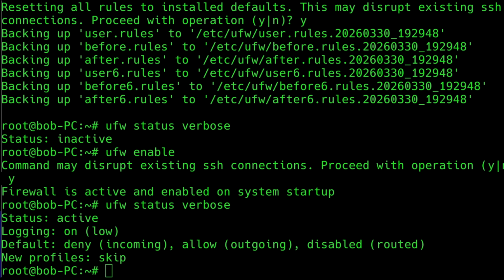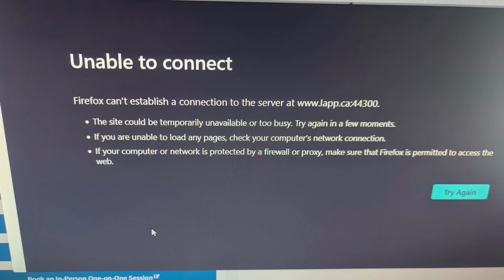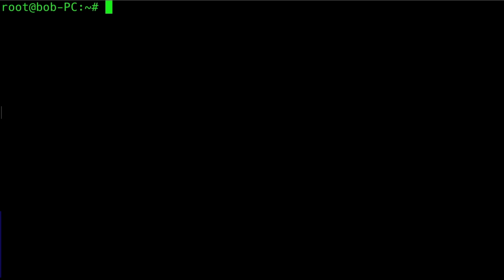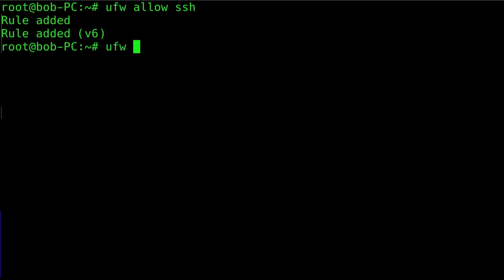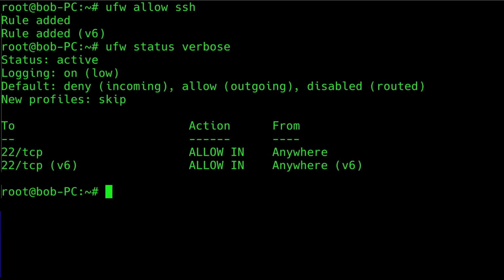Some other common firewall mistakes include a denial of service to your own website by not allowing port 80, or by breaking the SSL connection to your website by not allowing port 443. But luckily, the UFW developers knew about these common errors, and so they created shortcuts to create rules for these common applications, like ufw allow ssh. And now if I run a ufw status, and I'll go ahead and do the verbose so we can see the implicit deny and all that jazz, you see now that port 22 is allowed in from anywhere,